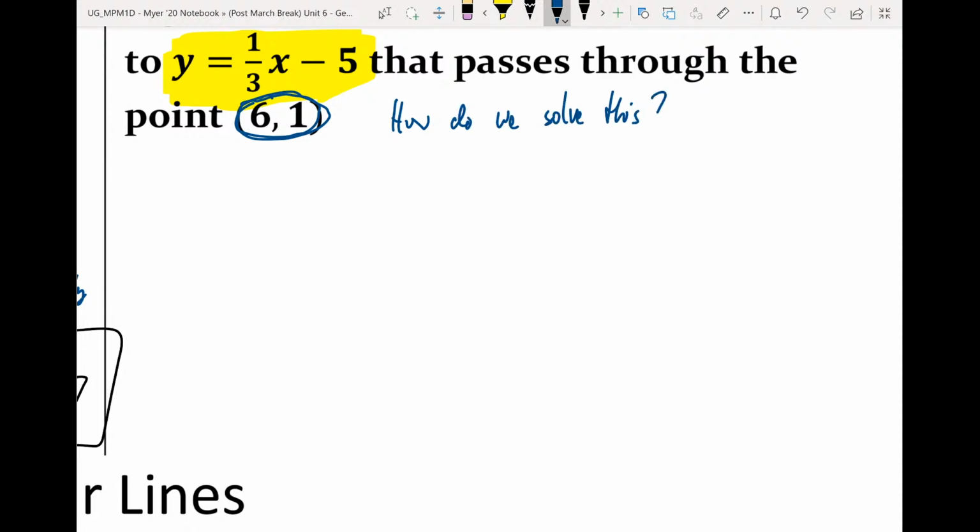Any ideas? Don't you just substitute them in? Yep, we will definitely substitute in the x and y. So let's look at the equation for a second. So we had y equals 1/3x minus 5. And we're going to substitute in the x and y. So I got my y is 1 equals